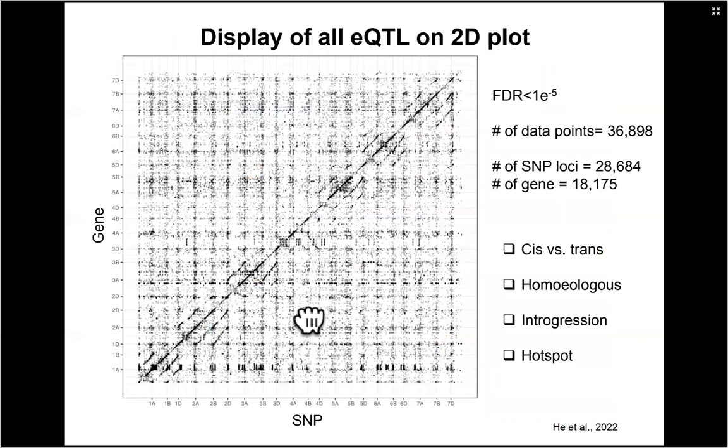Here is a calculated eQTL map. The most obvious pattern on this map is a diagonal line representing a strong signal of cis eQTL. There are several other interesting patterns on this plot, such as a small diagonal line formed between Homoeolog regions. The series of blocks here, as you can see, are a big translocation from distant relatives. The genes on this translocation are tightly linked, and they are co-regulated by many different SNPs.